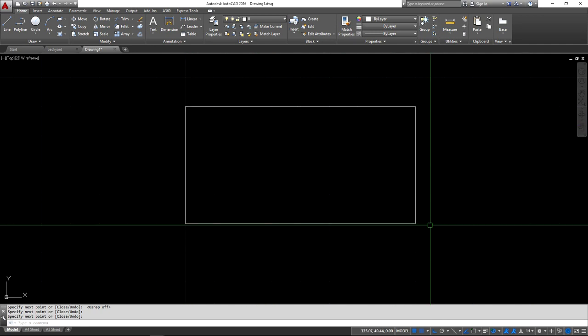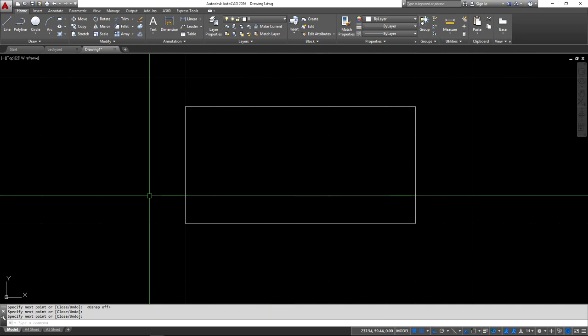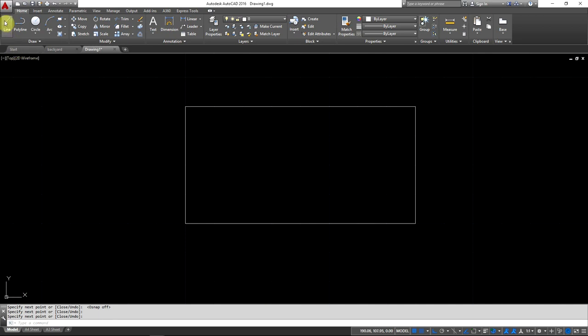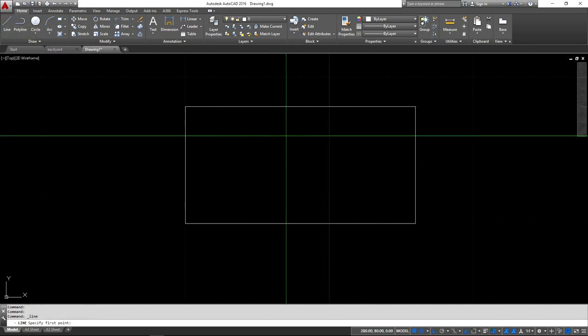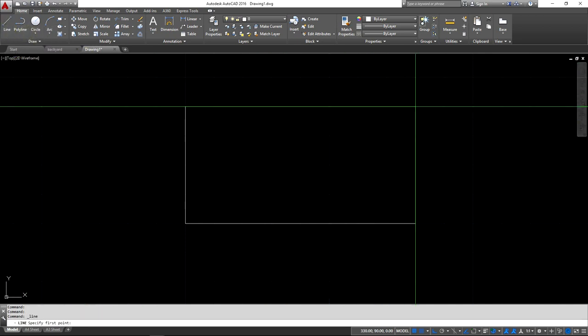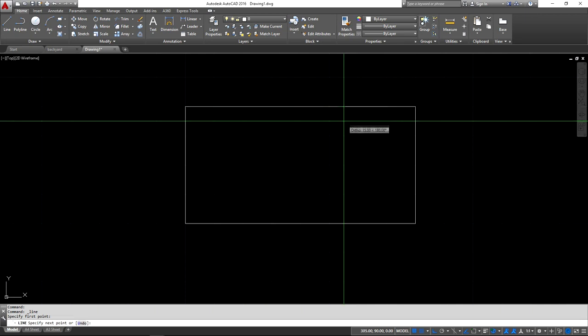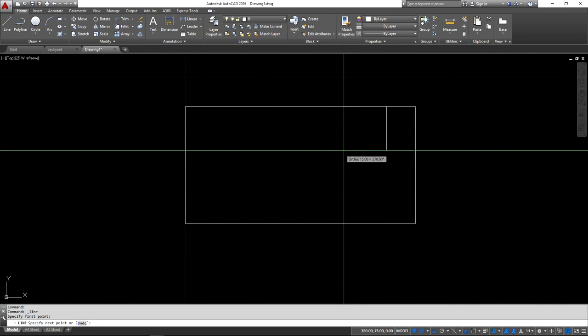So that gives us our 80 by 40. Now each one of these squares are 10 because that's what we set the grid to. So doing the next part, I'm going to go up and click on the line tool. But this time, instead of clicking there and then drawing a line across 10, I'm actually just going to move my mouse right where I want it and click to start. I then move across 5, 10, 15, and I'm going to come down 5, 10, 15, and just click over